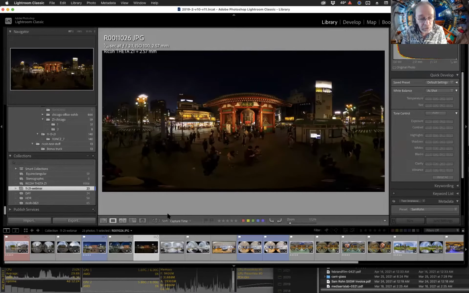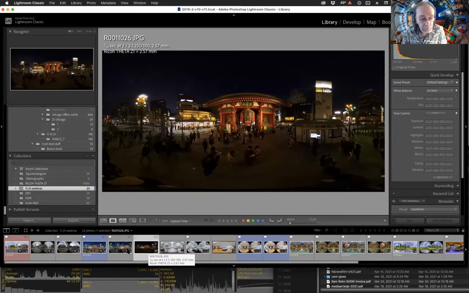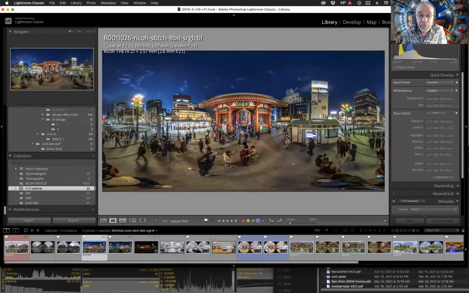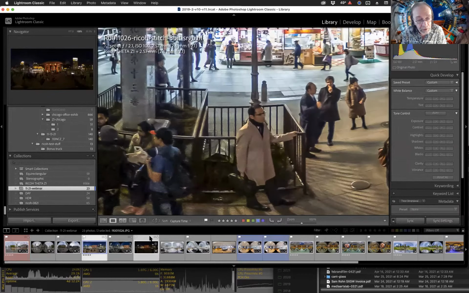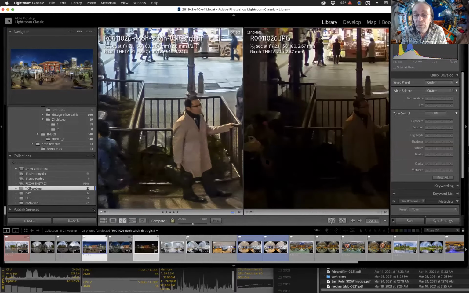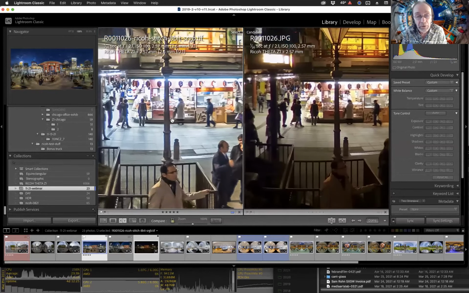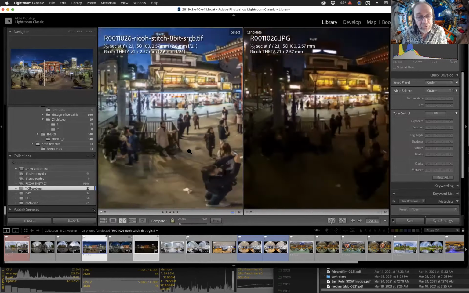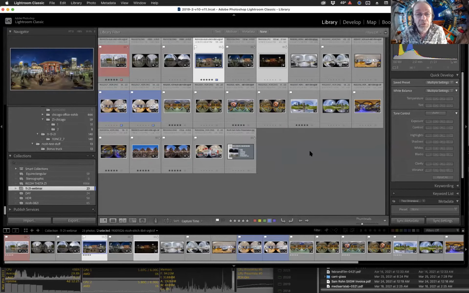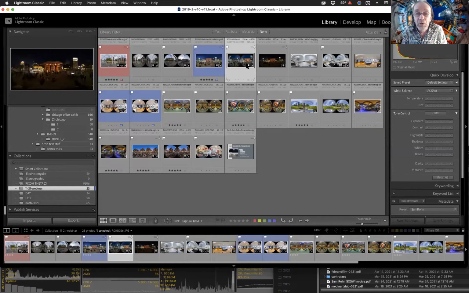So again, this is the JPEG that came out of the camera. This is the final result from the DNG, where we can see, if we want to put these side by side, just how much we can get back from the dark areas here. Again, with the DNG, we can also correct white balance as needed, et cetera. So to create this image, like I said, I shot a DNG file. The camera also produces a JPEG preview, but it will also give me